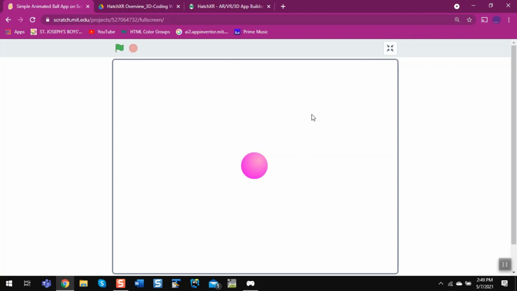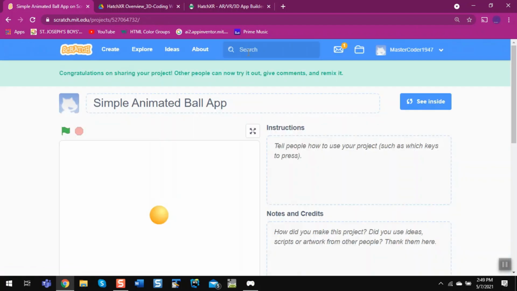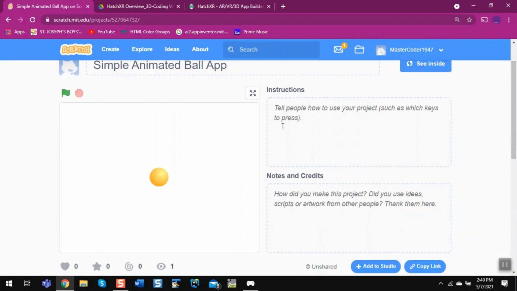Now we need to see how to publish this app. So click on share, and then instructions. We need to see instructions.